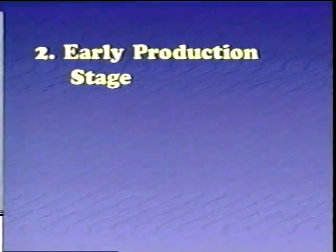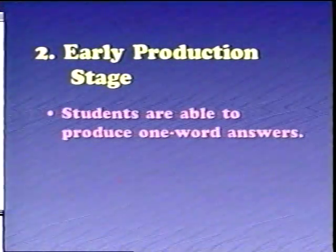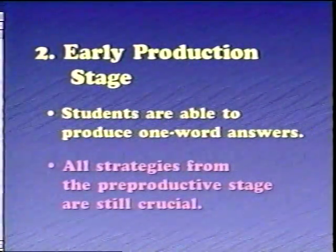Stage 2. The early production stage. Students are able to produce one-word answers. All strategies from the pre-productive stage are still crucial. The teacher can recall an experience where he or she is...